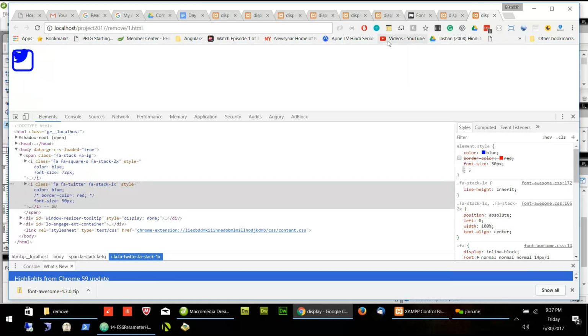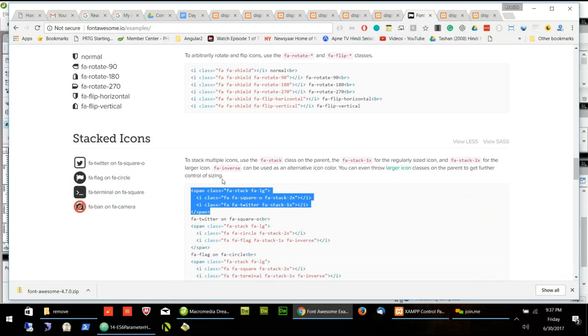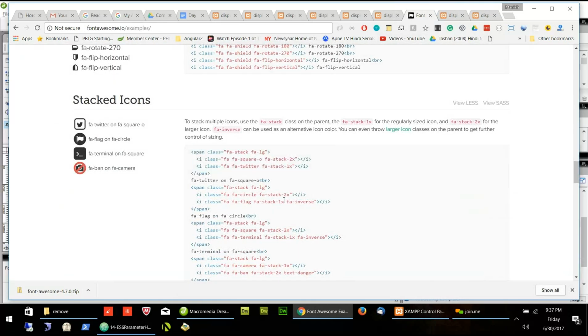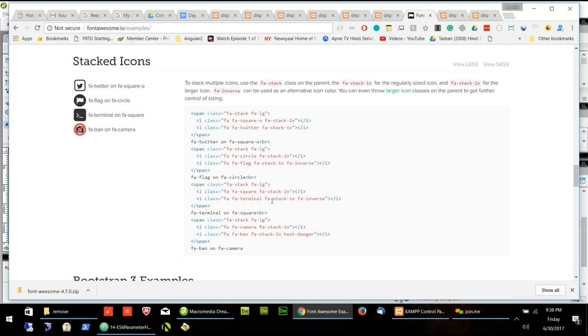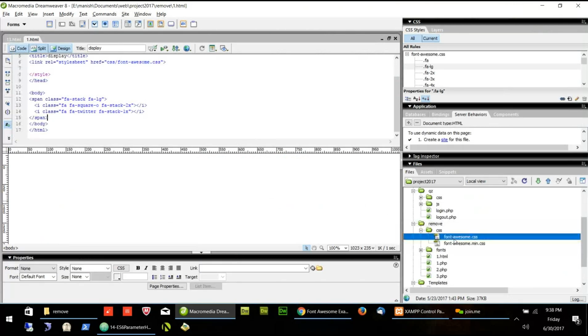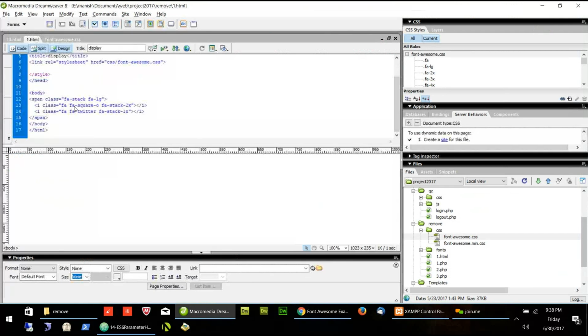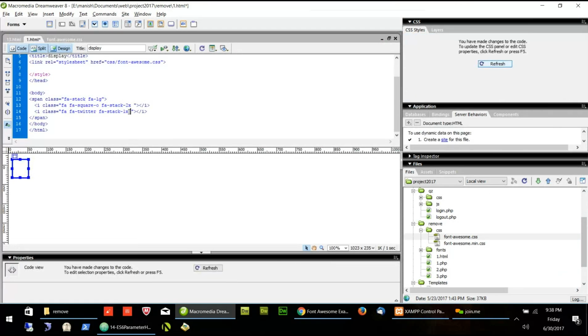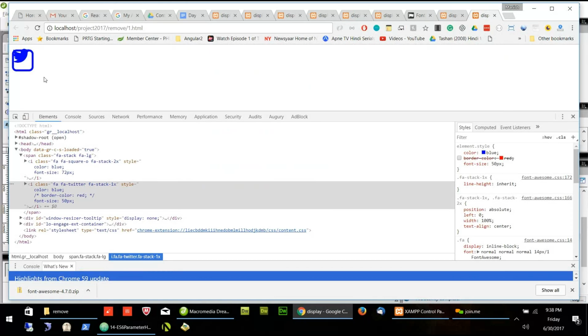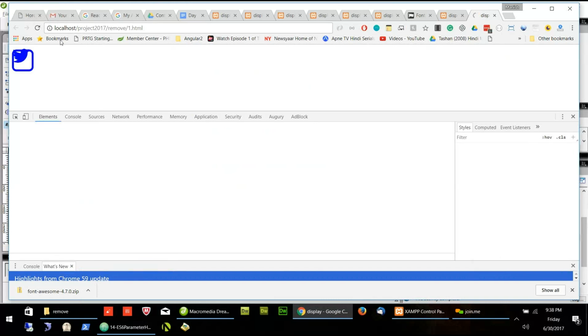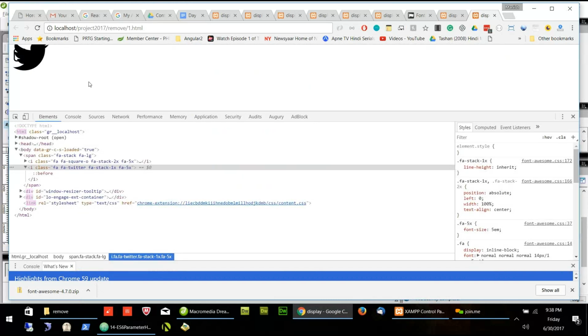Or there is another way. Let's see if they have given something. They give some, there is some more thing we can add. Yeah, let's use this one, 5x. So it will automatically be in the bigger size. I'm increasing the size through font size. It is not behaving properly. This also didn't behave properly.